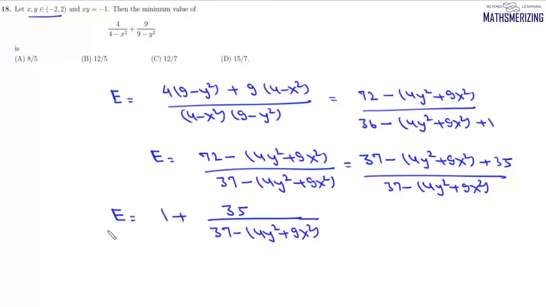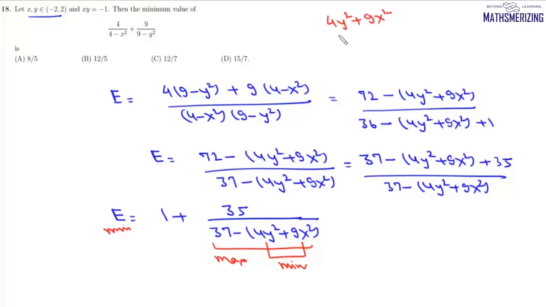Now we need to find the minimum value of this expression. The value of this expression will be minimum when this denominator is maximum. And this denominator will be maximum when 4y^2 + 9x^2 will be minimum. So we have to find the minimum value of